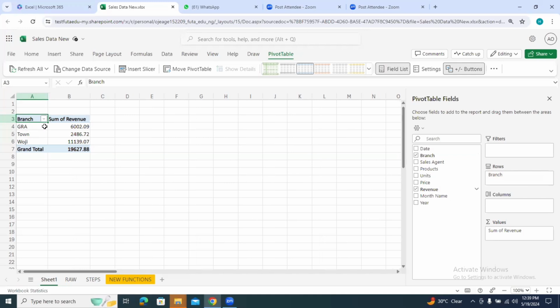So these are the total revenue. See how the pivot table is helping me break my calculations down without using functions or formulas or anything? Just by dragging and dropping your pivot table fields, you can make calculations already. So this is